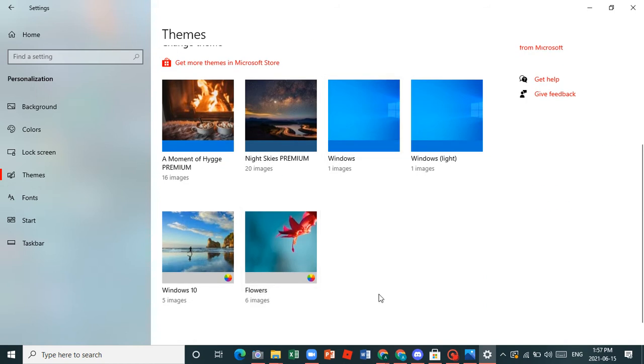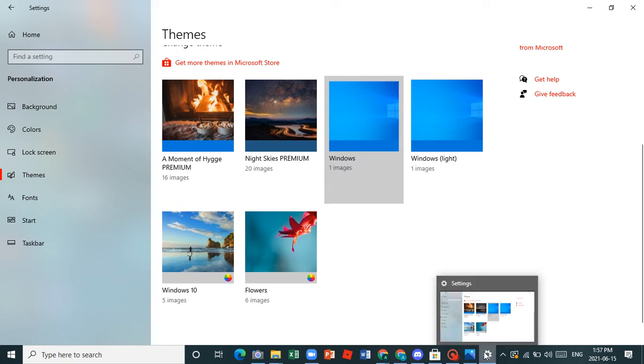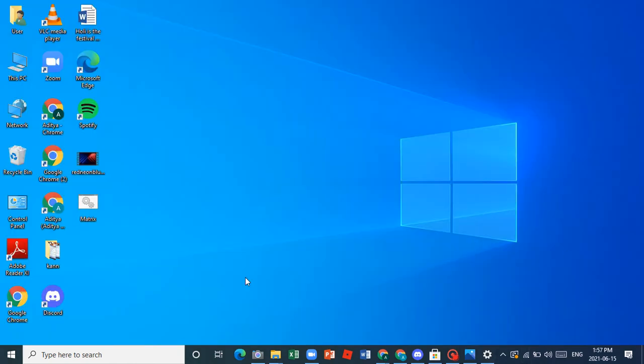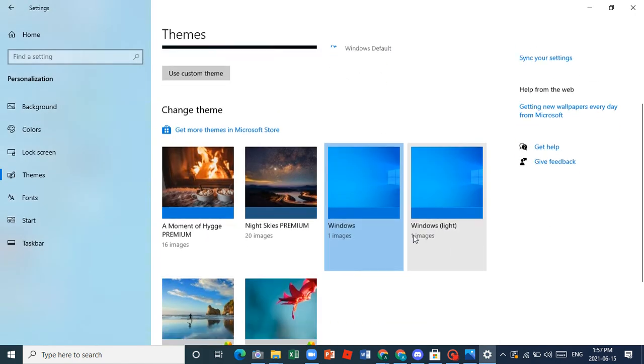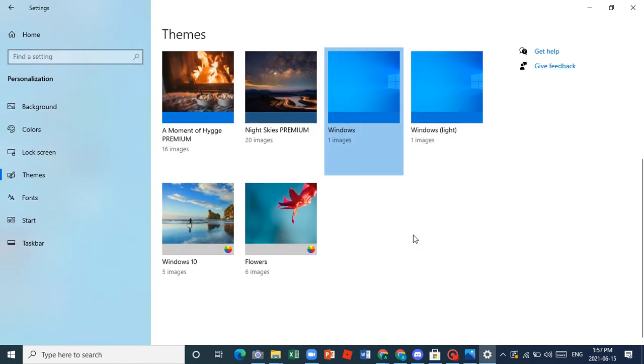So yeah, I forgot one more method, that you can get wallpapers from the Microsoft Store. These are the four wallpapers that are preferred by the company. This one is the default. Now I've set this as my wallpaper. Now it will load, but the settings page will hang. Now you can see it came back to the wallpaper I wanted. So we don't want to keep this wallpaper only.